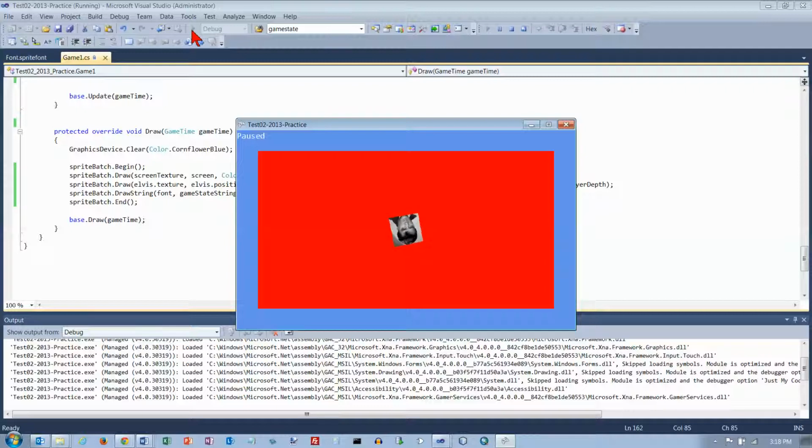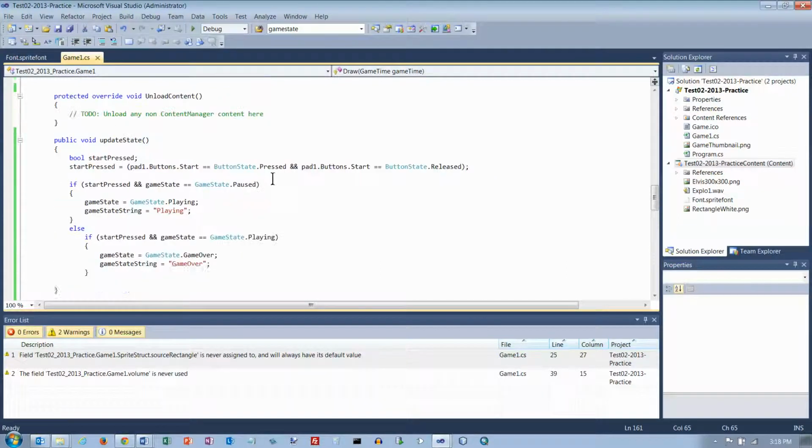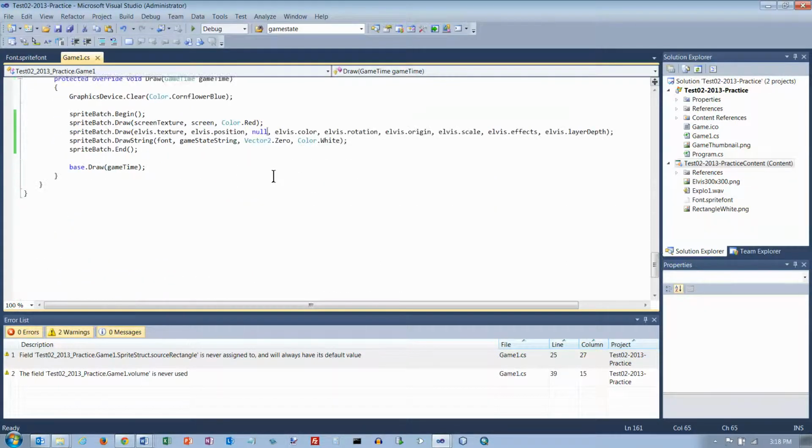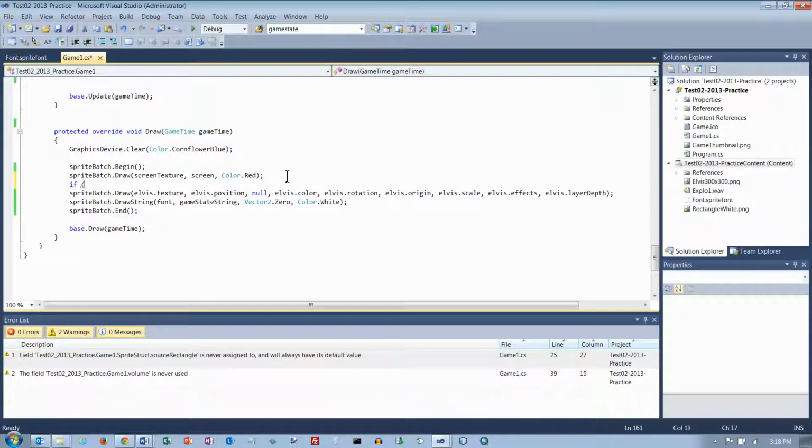Okay, I'm going to push the start button now, and it is not taking me from one state to the next. So let's stop back here and see if we can figure out what's wrong. First of all, down here, we only want to do this stuff, this if statement, if game state